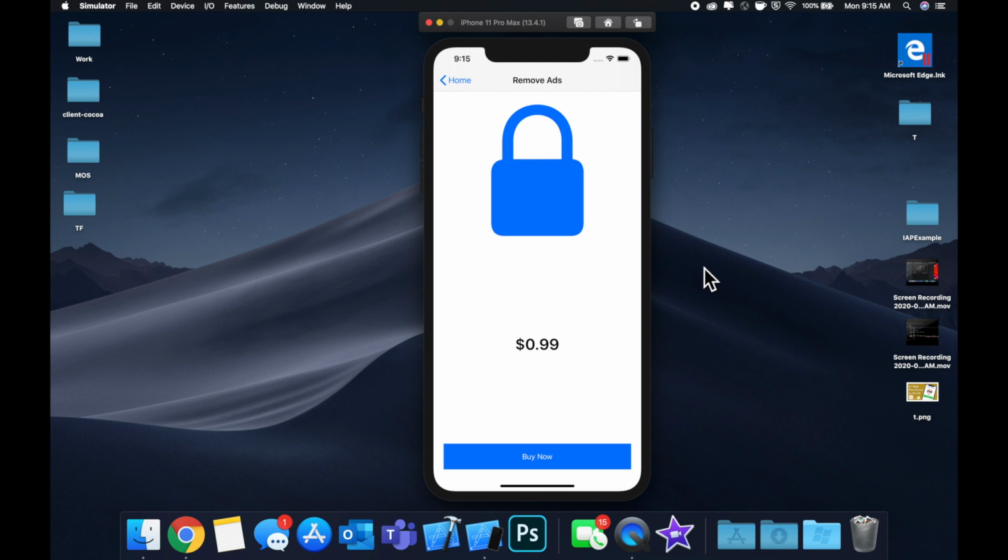registering a product with Apple, fetching the product from Apple, being able to handle different transaction states like purchasing, purchased, restoring, failed, etc. And you'll basically get a very good bird's eye overview of how the basics of in-app purchases